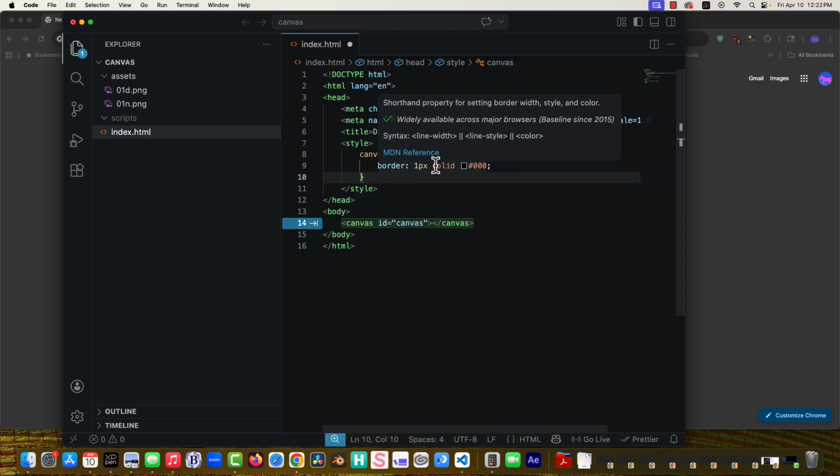We could set the height and width of the canvas with our style. We could set the height and width of the canvas inside the tag, inline in the tag. That would be the least preferable way to do it. Style would be the second least preferable. Probably the ideal way when we're working with the JavaScript canvas, we're putting stuff onto it, is to set it up with JavaScript,